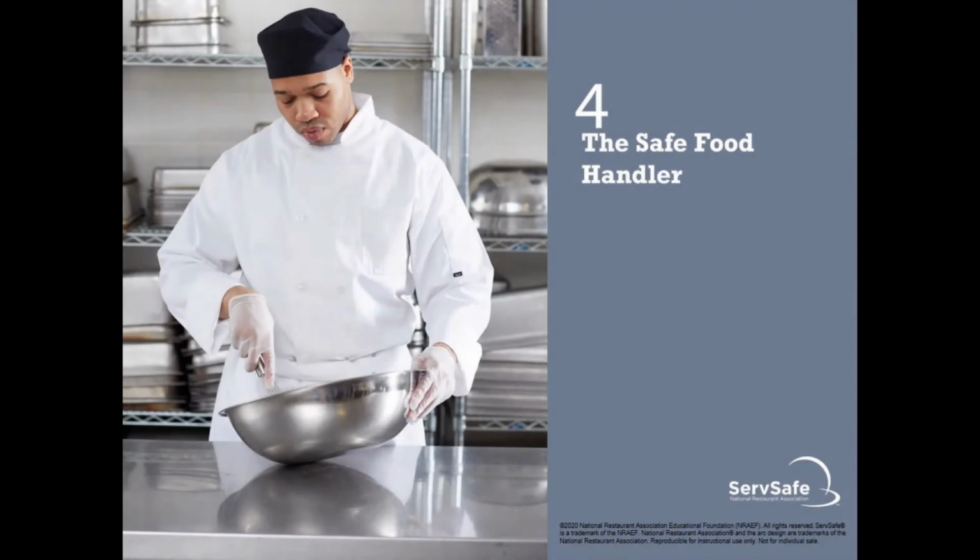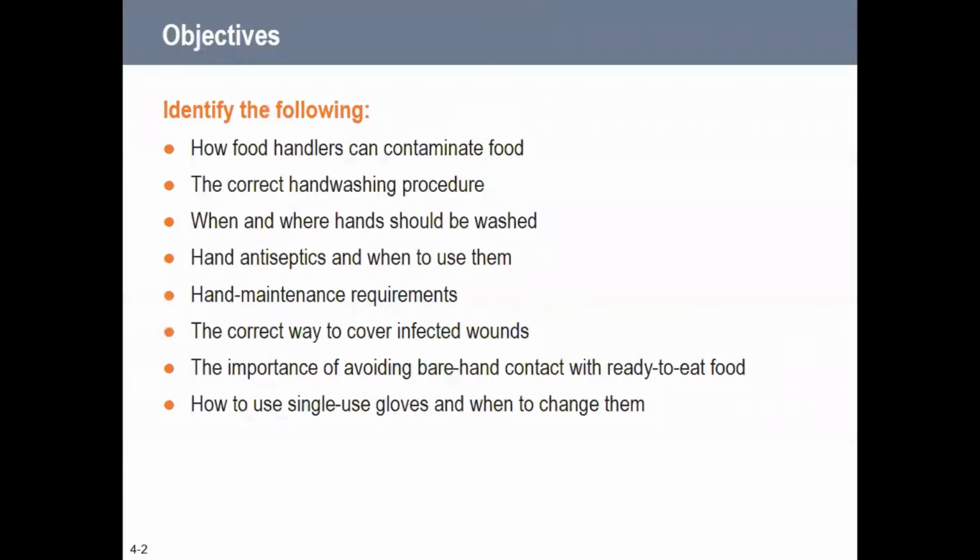Chapter 4 is over the safe food handler. So within this chapter, we are going to talk about how food handlers can contaminate food. We're going to talk about hand washing procedures. We're going to talk about when and where hands should be washed, talk about antiseptics, when to use them, hand